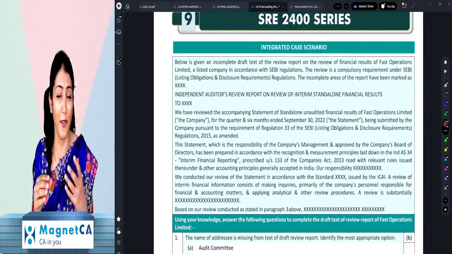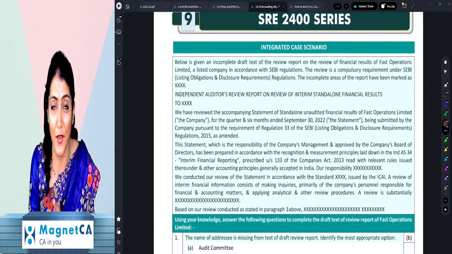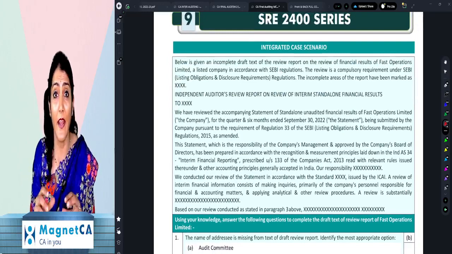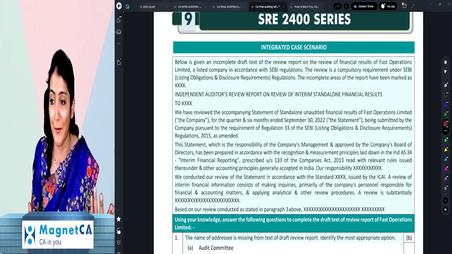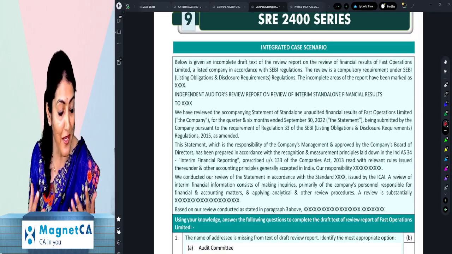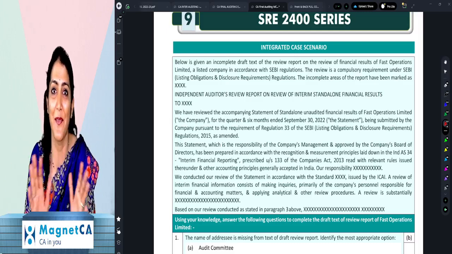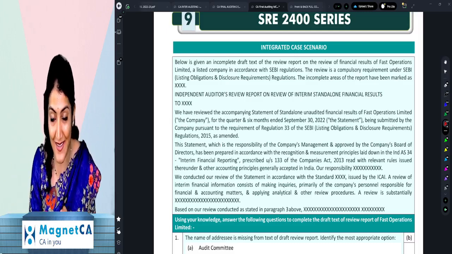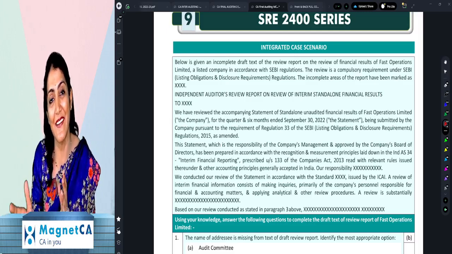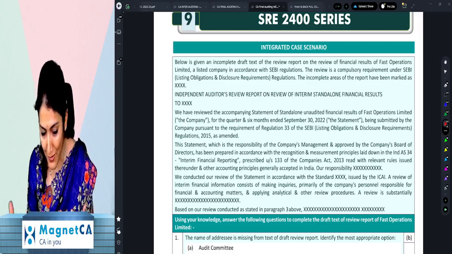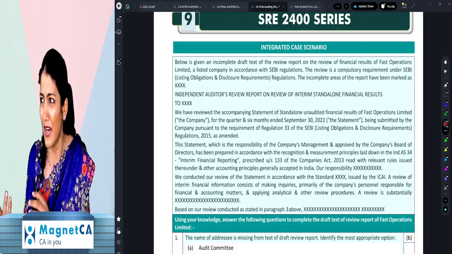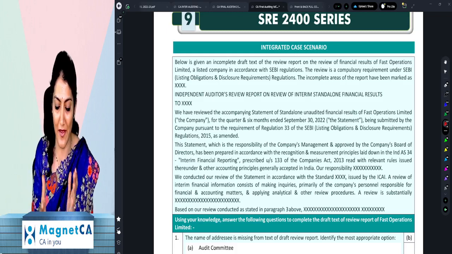So the book is of 347 pages, so let's put it like 350 pages. There are some 1300 MCQs. I made my team count how many MCQs are there in the book, and they said there are 1301. So I said, oh good, it's crossing 1300. So we have some 1300 MCQs in the book. If I'm not wrong, the book is priced at some 850 or 900, in that range, right?